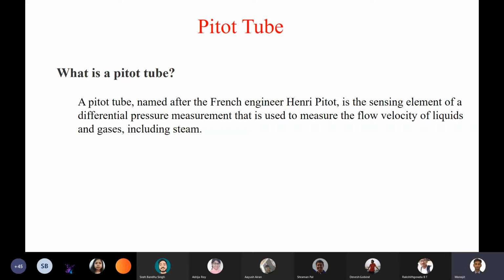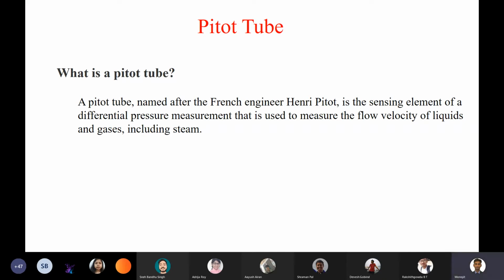This particular scenario is not tackled in Bernoulli's equation. So to correct it, we add something known as the kinetic energy correction factor. I don't know whether you have heard of this term or not. It is designated as alpha. So we add this alpha in front of the v square by 2, and that alpha takes care of the velocity profile. That is how we correct Bernoulli's equation. But we will not go into this part now. We will simply assume that Bernoulli's equation is valid here, and we will try to see how we can use this Pitot tube to get an